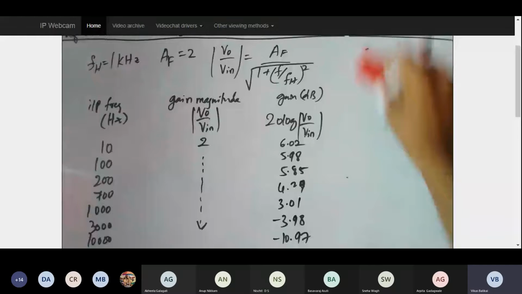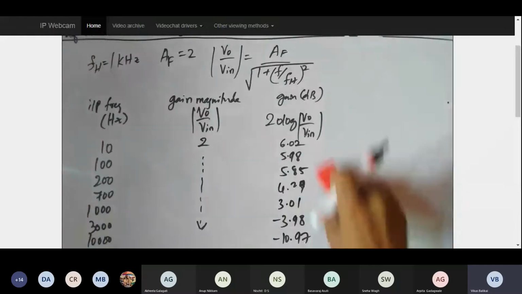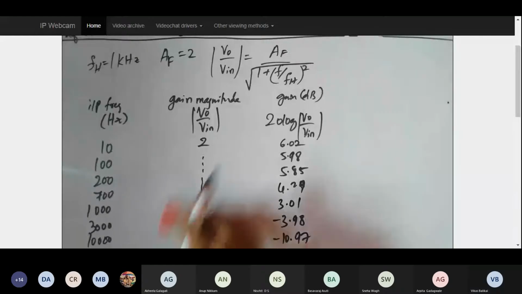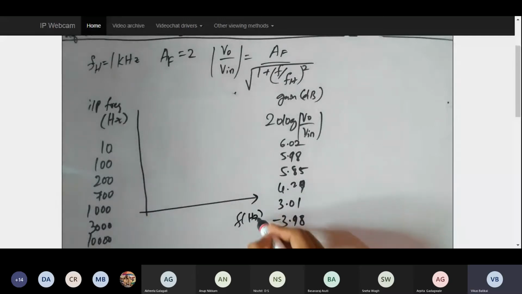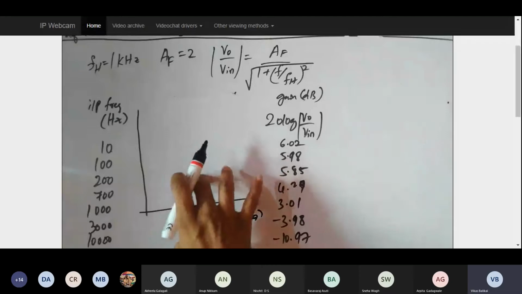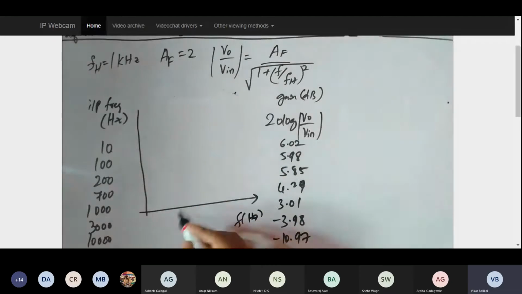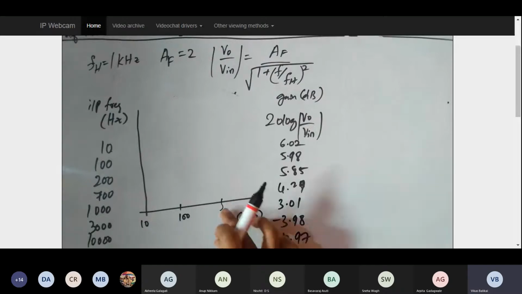What I require here basically is this particular value and the input frequency. So I'm going to just remove this term. This will be frequency in hertz. Usually I need to plot this graph on a log sheet, and it will be a graph in terms of 10 units. Like 0 start and the next will be 10. 10 start and the next will be 100. In between there will be 10 points. Here the 10 fold of 100 is what? It is 1000. That means it will be 1K.